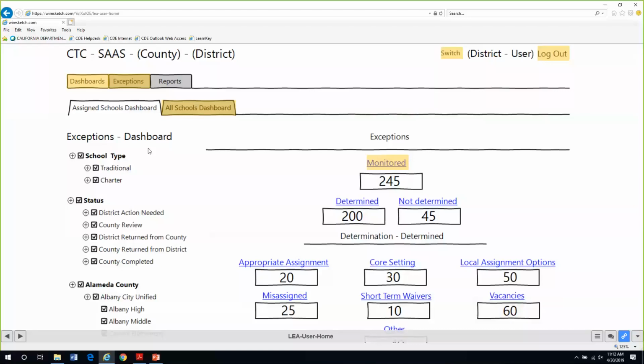That means the system will be up and running, and if you signed up as a tester, you'll be able to see the results, you'll be able to engage with the system, you'll be able to do everything in the system that you're going to do in the future. Assignment monitoring still happens in the 19-20 school year, but it happens in the way that it's occurring right now, where you are doing your paper monitoring of the process. So in 19-20, you're going to do your normal paper monitoring, but if you choose to sign up as a tester, you'll be able to also see the results that come out in CalSAAS and engage in the CalSAAS system between the county and the district.